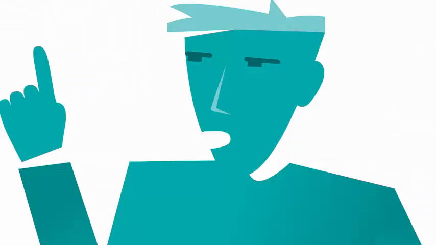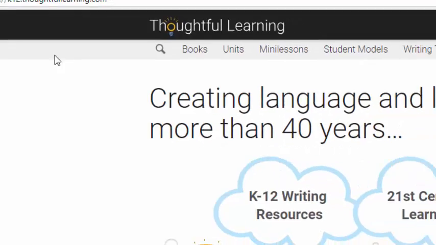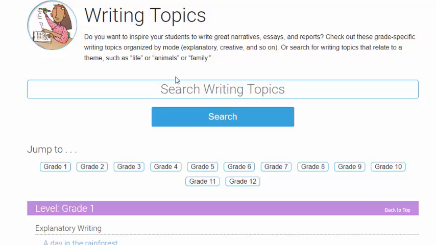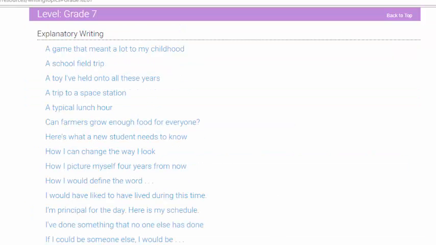5 hands suddenly go up. What am I supposed to write about? Simply skim along the top bar here and go to Writing Topics. Select your grade level, and you can find many explanatory writing topics, such as a game that meant a lot